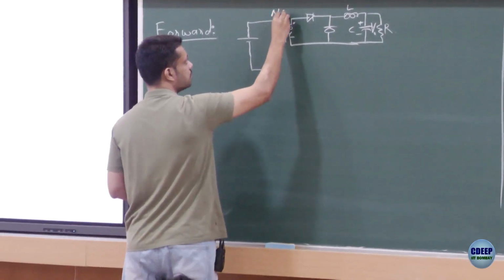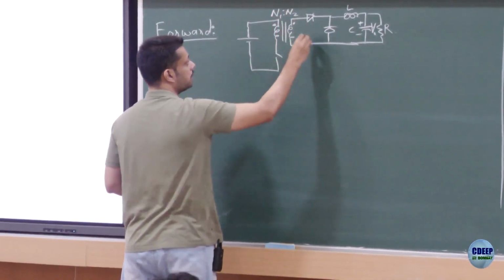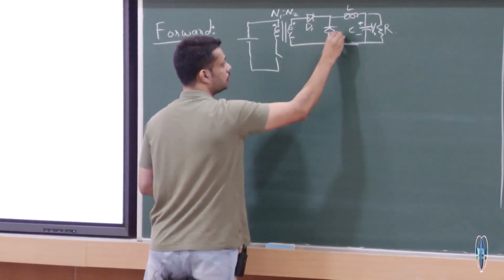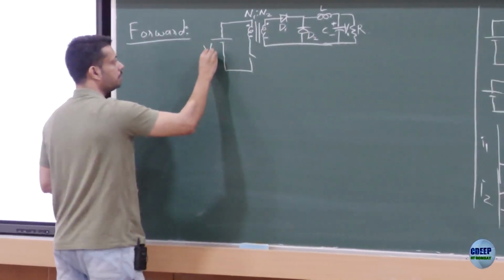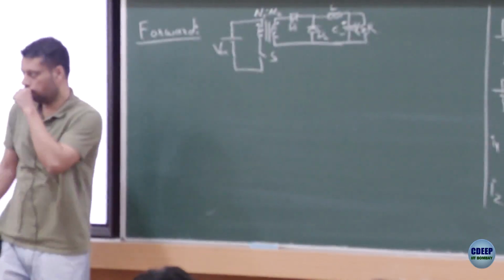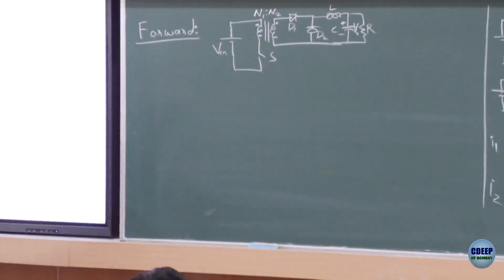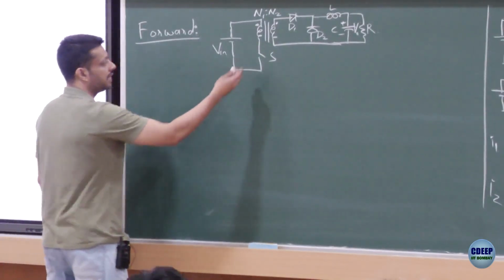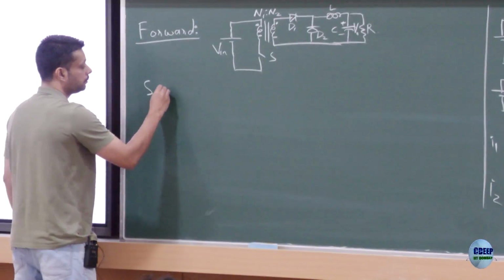This is N1 is to N2. This is D1, this is D2. This is the input voltage, this is the switch. This is what we call a forward converter. How does it operate? If S is on,